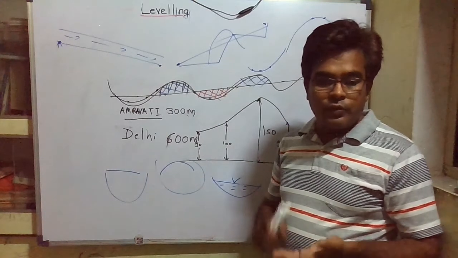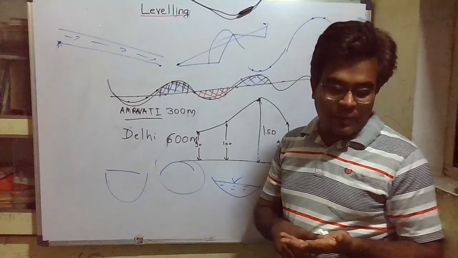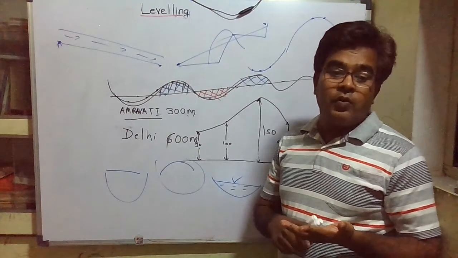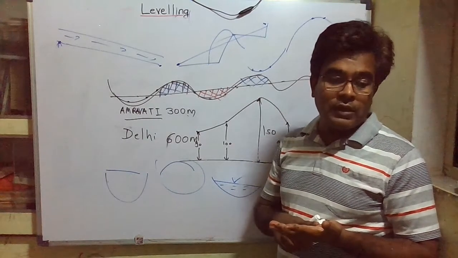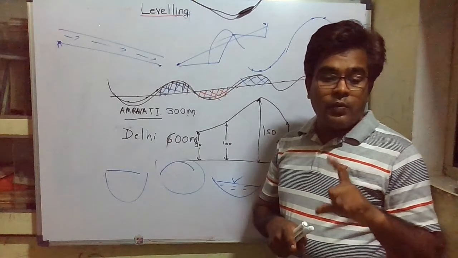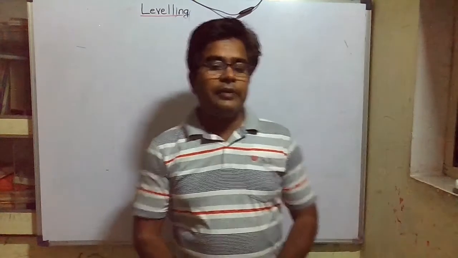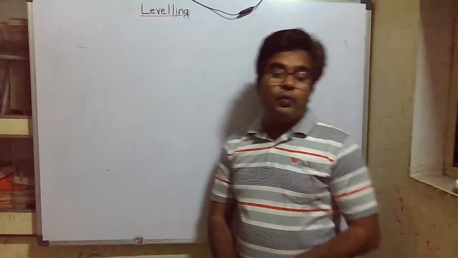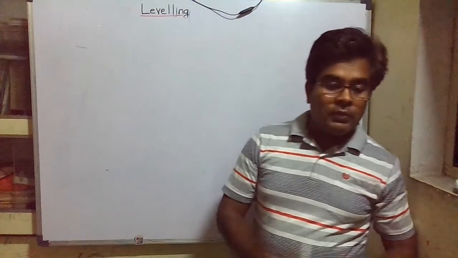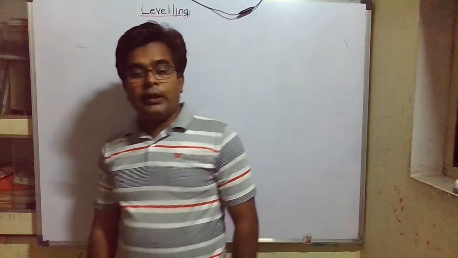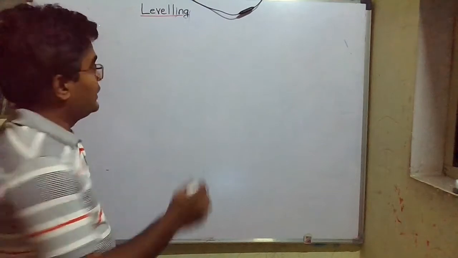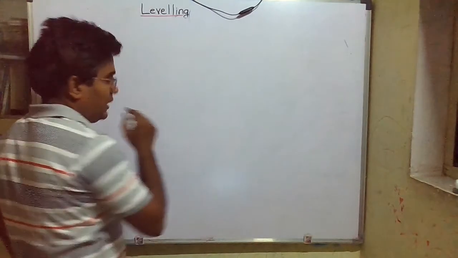Okay, so you got one thing, there is one datum surface from which we measure the heights of different points. Another thing is, we know the RL. What is RL? Reduced level, the height of that particular point, that is, the vertical distance of that particular point from the datum. So as I told you earlier, in India we have assumed the mean sea level at Karachi as a datum. From that datum we have calculated the height of different points in India.